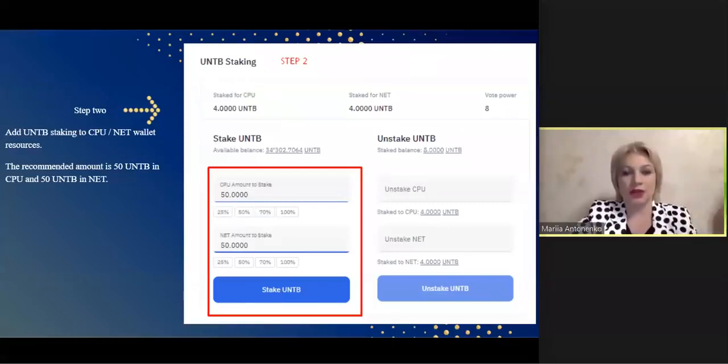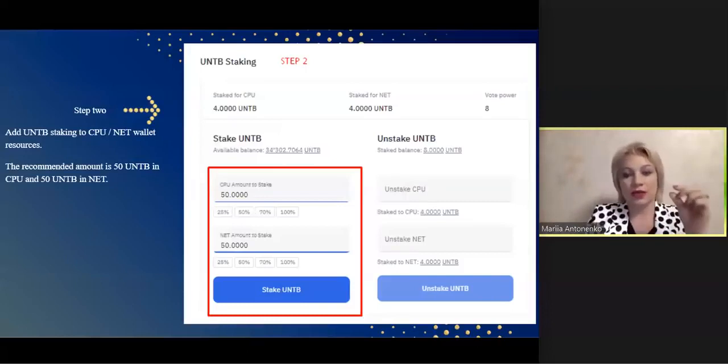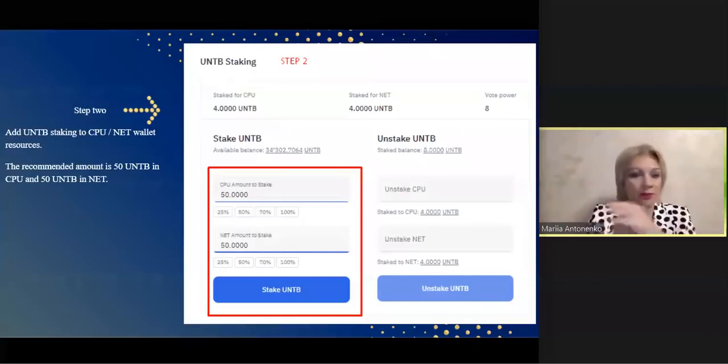If there is aggressive load on the blockchain, with 50,000 people trying to convert at the same time, the blockchain CPU requires more capacity and more resources. And if in your staking CPU you have only the 4 UNTB you got at the start, then the blockchain says, no CPU with 4 tokens, I cannot do anything, because today the load on the network is very high. All the transactions of conversion of CRU to world CRU are very